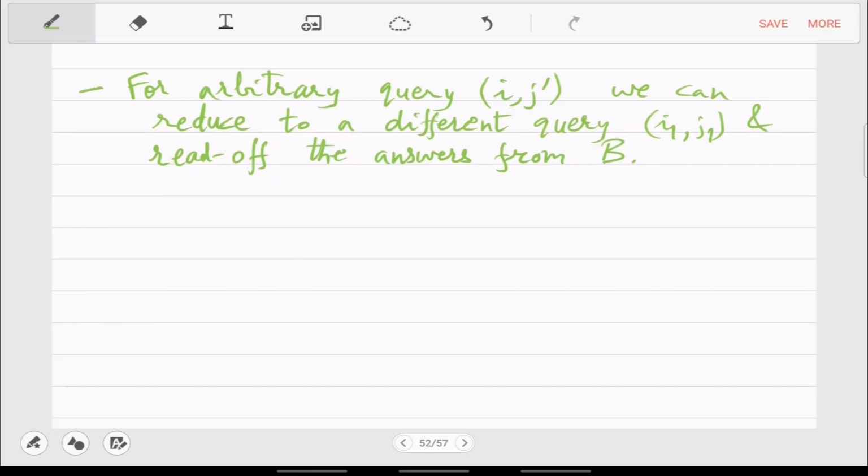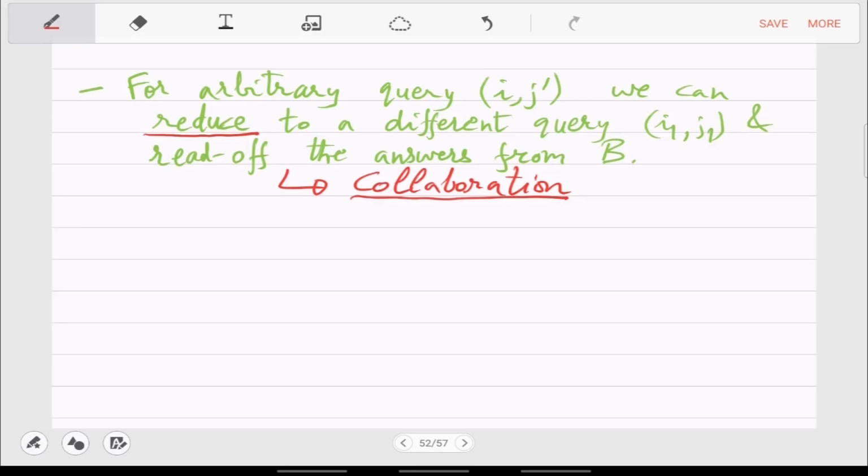Okay, so somehow we have to get this relationship. So this reduction we have to formalize. What is this reduction? This will be called collaboration. It is collaboration because somehow the answers for different windows, let's say i1 and i2, those answers actually collaborate to give you the answer for this i comma j.